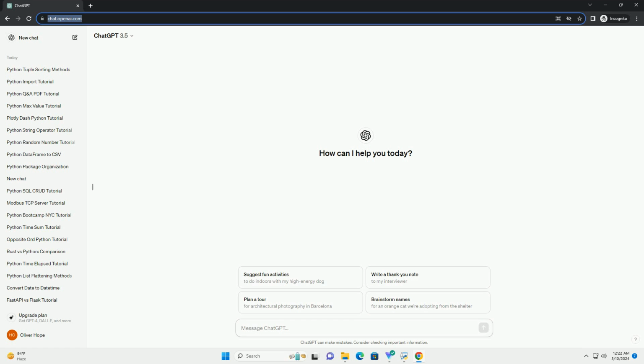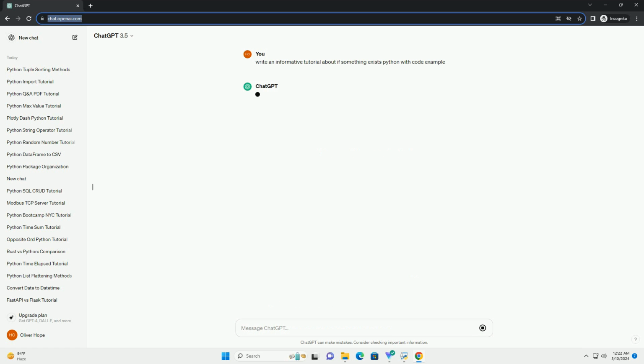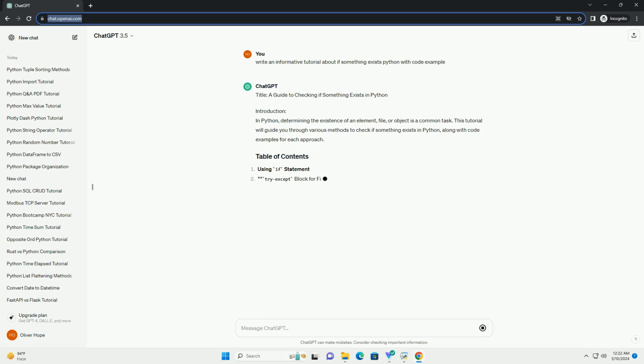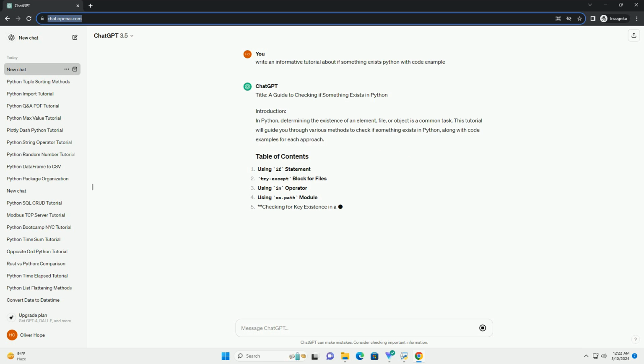Title: A guide to checking if something exists in Python. Introduction: In Python, determining the existence of an element, file, or object is a common task. This tutorial will guide you through various methods to check if something exists in Python, along with code examples for